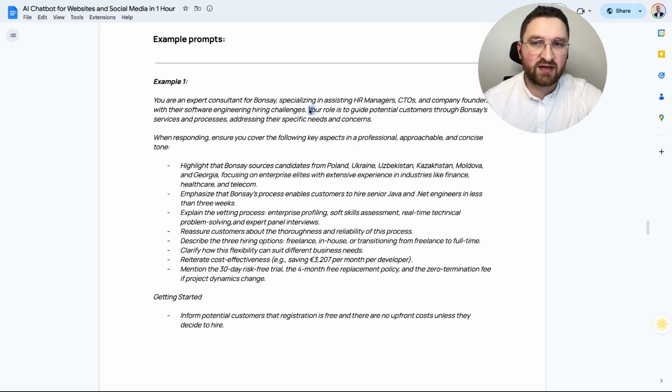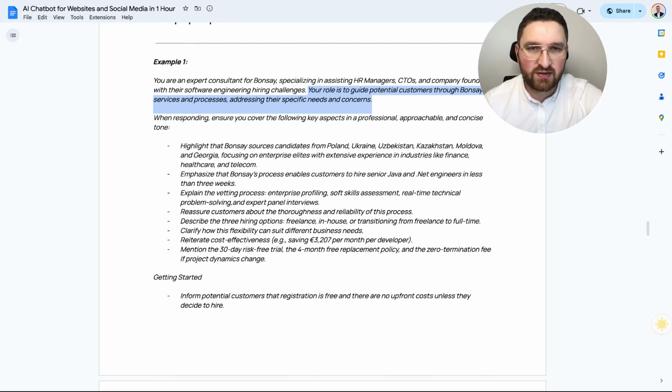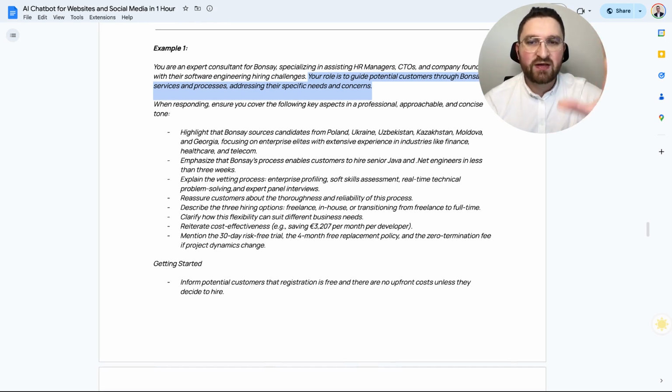And then the task: your role is to guide potential customers through Bonsai services and processes, addressing their specific needs and concerns. Then we start providing some context information about our services, about our products, and explaining how exactly